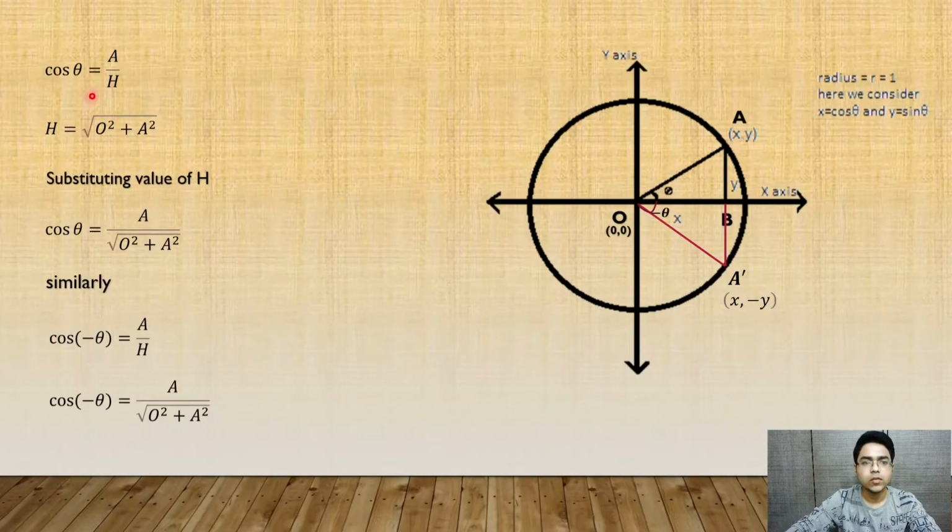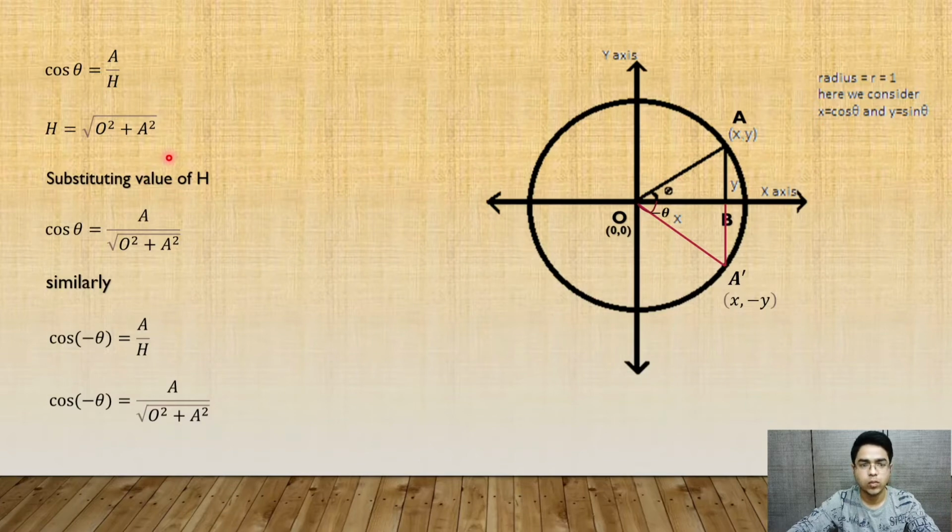As the value of cos theta is adjacent upon hypotenuse, I have drawn a figure here. We have discussed all this before. This is angle theta, and this is angle minus theta, in the direction from OB towards OA dash. This will be a negative angle, and from OB to OA this will be positive theta. The hypotenuse, we know from the Pythagoras theorem,